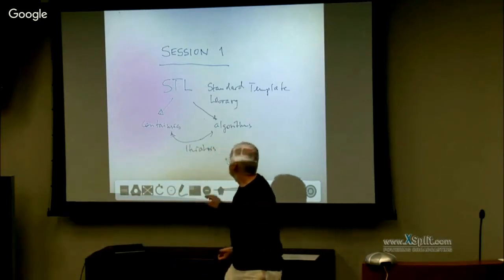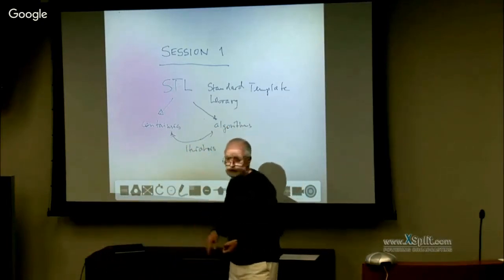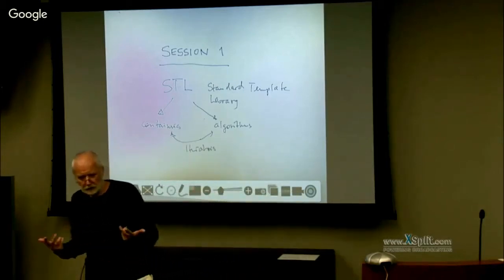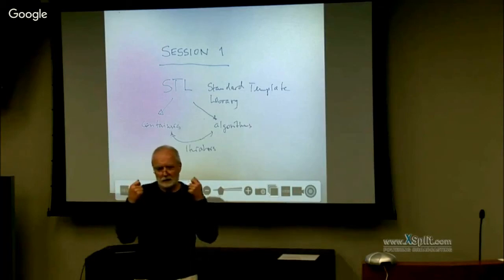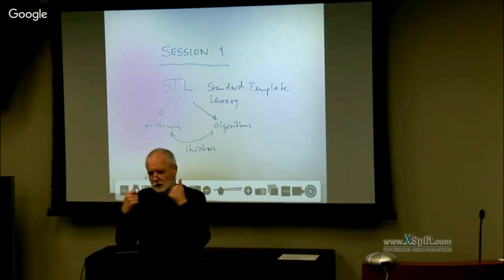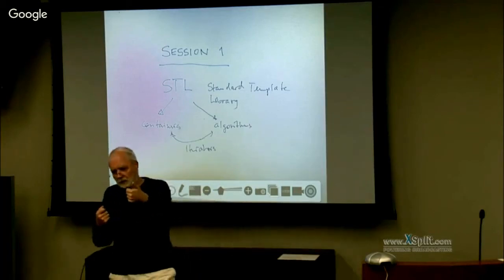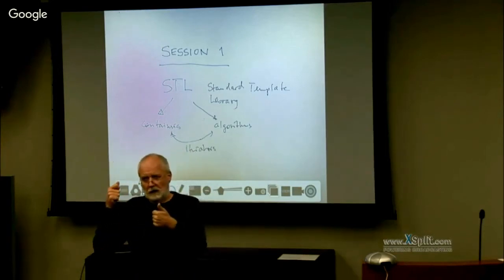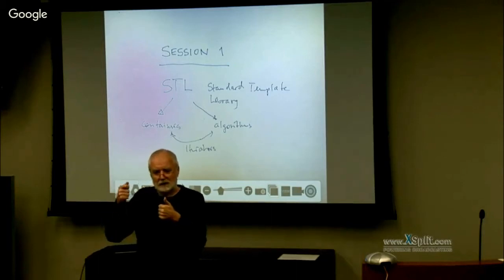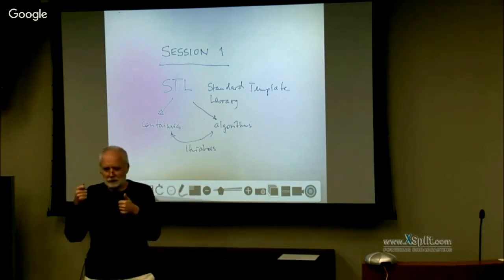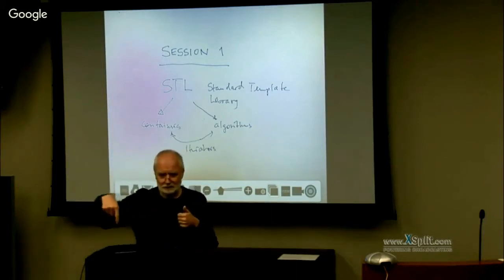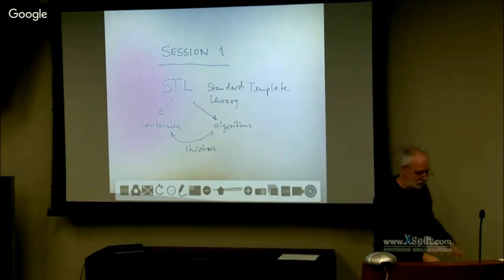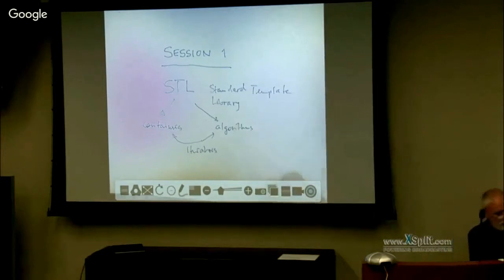On the flip side, all algorithms are written in terms of iterators. And what algorithms usually expect you to write them with is a so-called range. It's two iterators, one iterator pointing to the first element, and one iterator pointing to, oh, not quite to the last one. The end iterator always points to the element after the last one. It's important to remember. And let me just draw that for you, so you understand why.